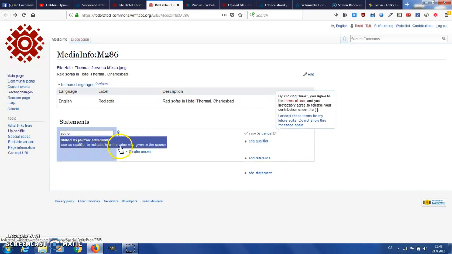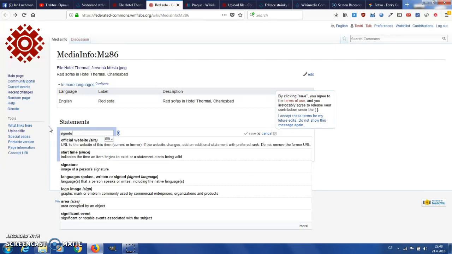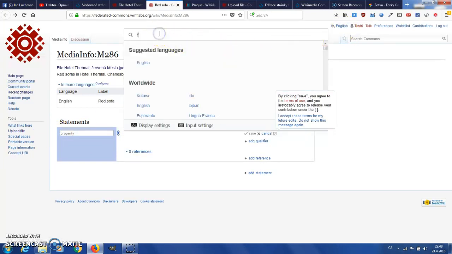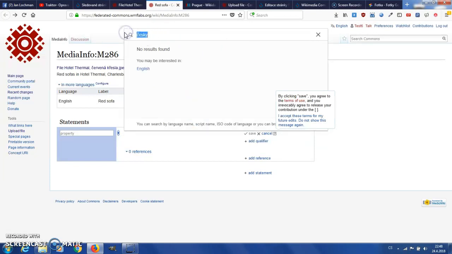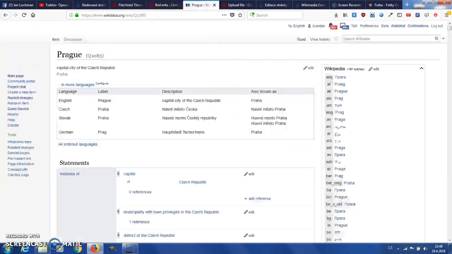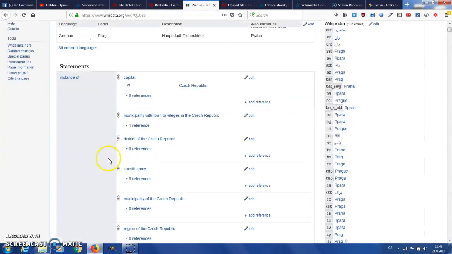Use of to identify how the value was given to the source. Image of a person's signature. Can I have it in Czech? This thing here. No, there's no Czech. So yeah, okay. So I may inspire myself. So the question is,